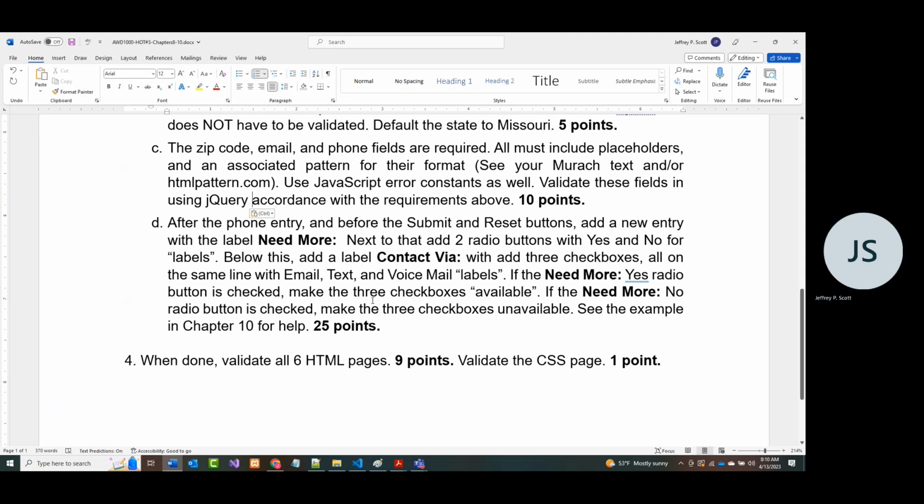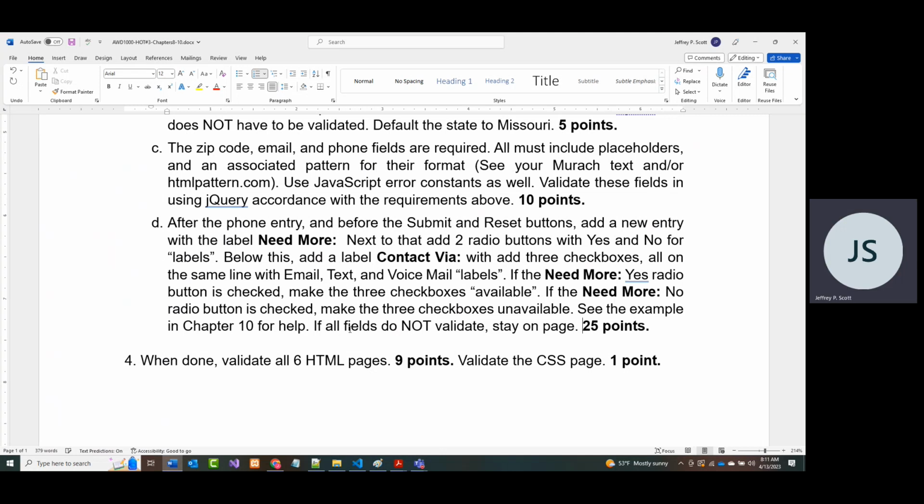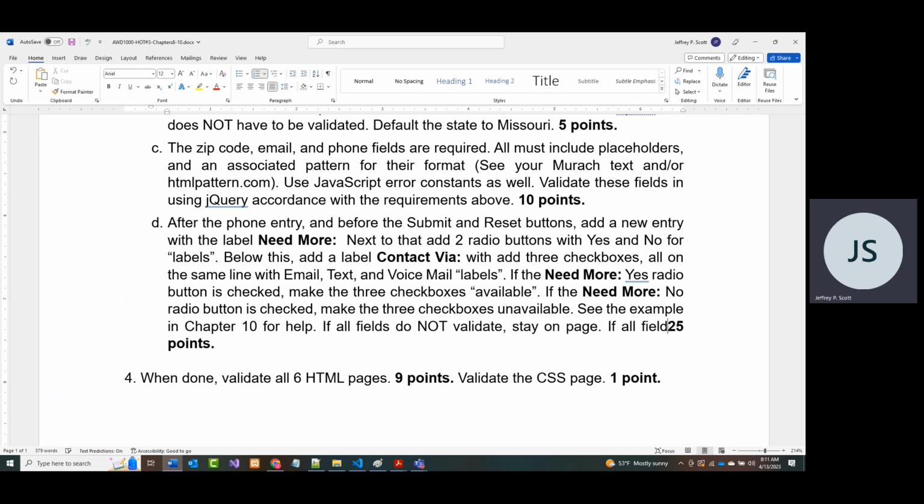All right. Now, I should add this as well. See the example for chapter 10 for help, that's fine. If all fields do not validate, stay on page. If all fields do validate,